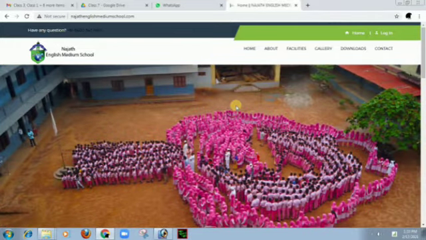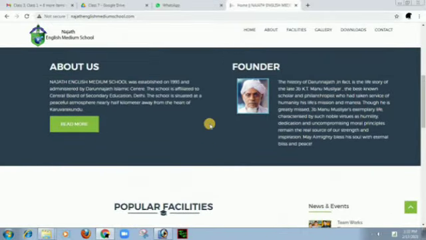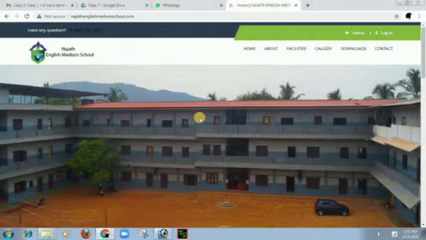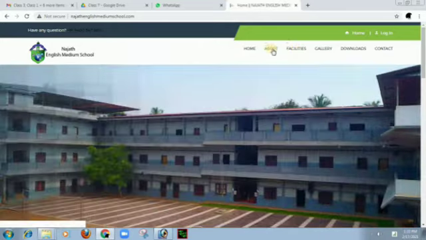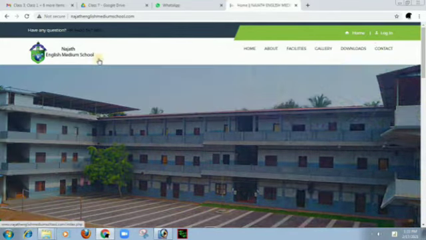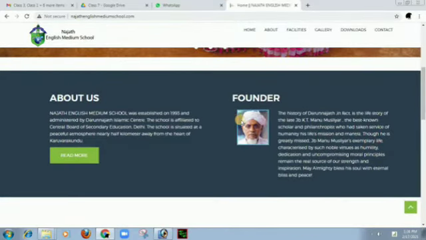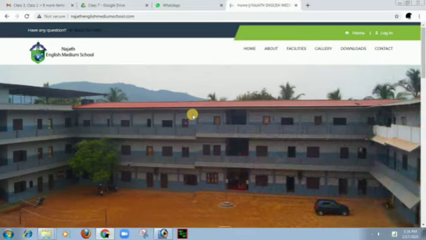This is the home page of our school website. Beautiful, right? We can see the picture of our school and some other information. Here you can see some buttons: home, about, facilities, gallery, downloads, contact, and our school logo, then the school name. Do you think all this information and these pictures are inserted here in the browser? No,